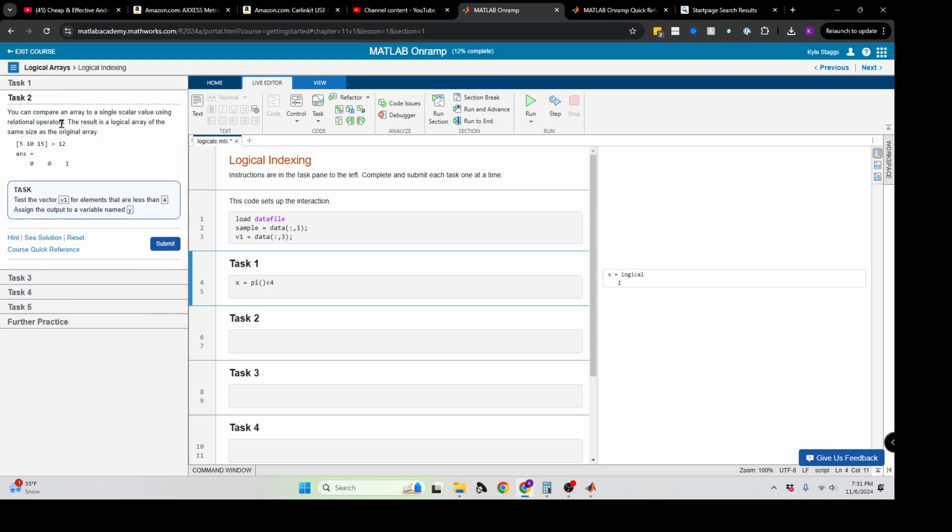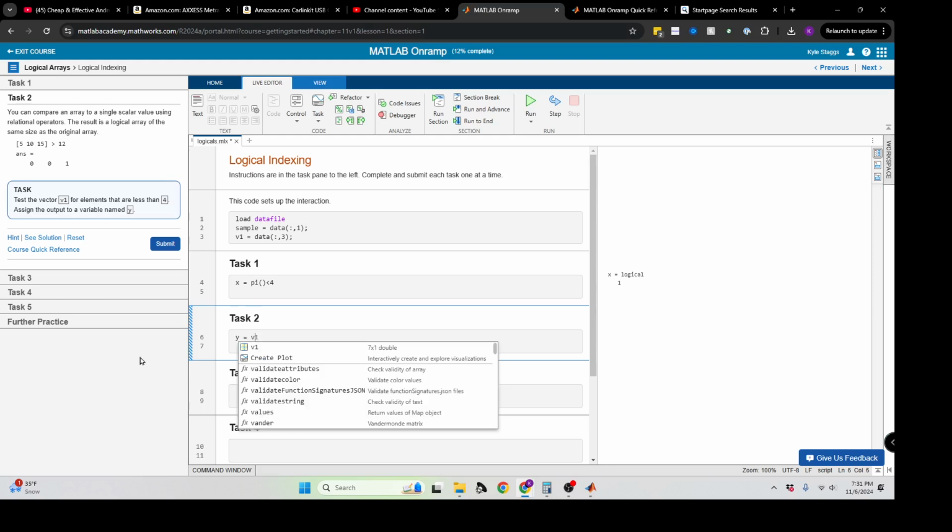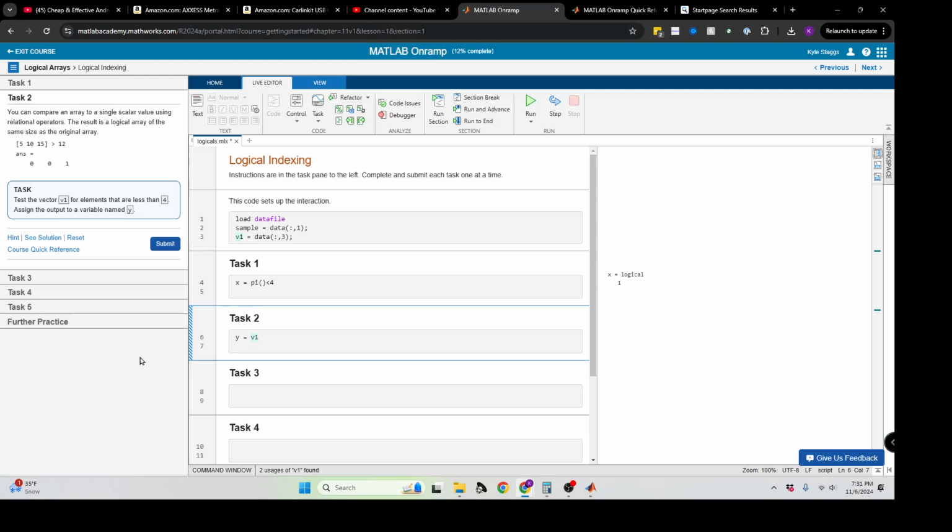So now, you can compare an array to a single scalar value using relational operators. Y is what we're storing. Test the vector v1 for elements that are less than 4. And this is